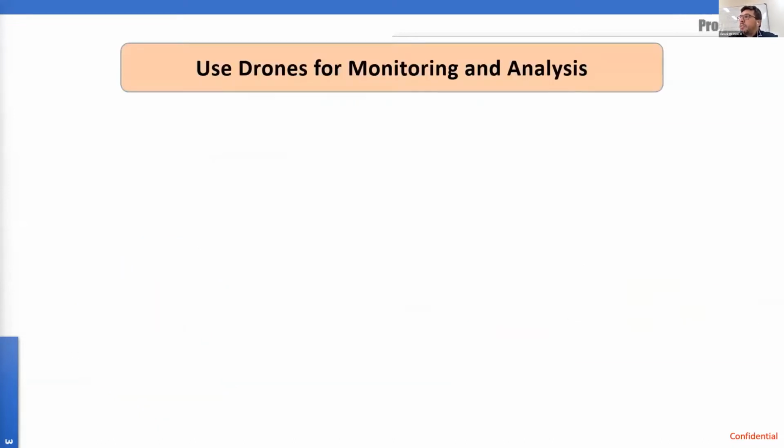Before starting, the first idea that we are trying to resolve is how we can use drones, especially drones, for monitoring and how we can analyze operations. This is the first problem that we have been working on together with our operator or our partner. So as you can see, to use drones, we need, this is an obligation for us,